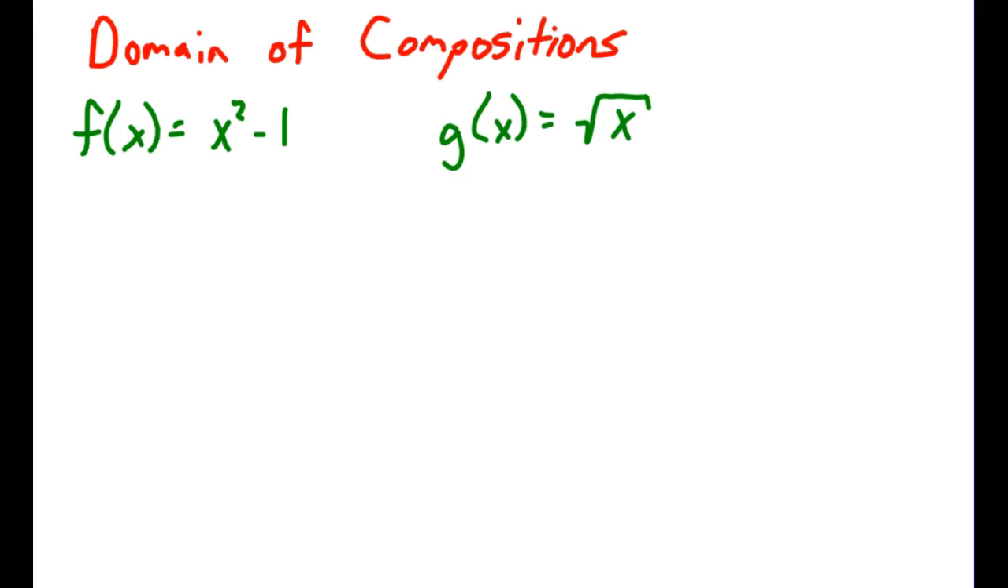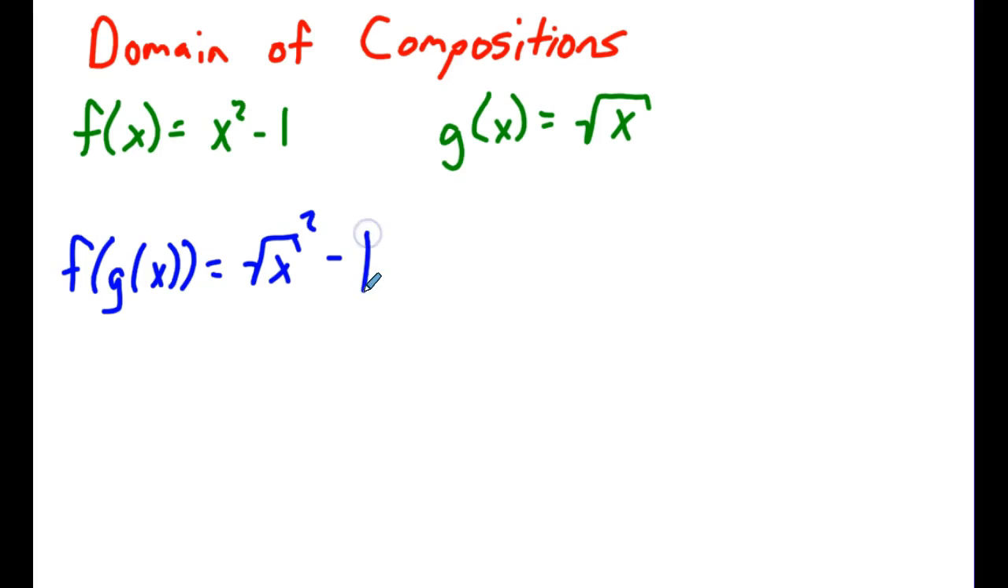This next example, we just want to look at the domain of compositions. So if we have f of x equals x squared minus 1 and g of x equals the square root of x, if we're looking at the composite function f of g of x, that will be equal to, we're starting with our f of x function. When we have an x, we're replacing it with our g of x function. So we have the square root of x, quantity squared, minus 1,